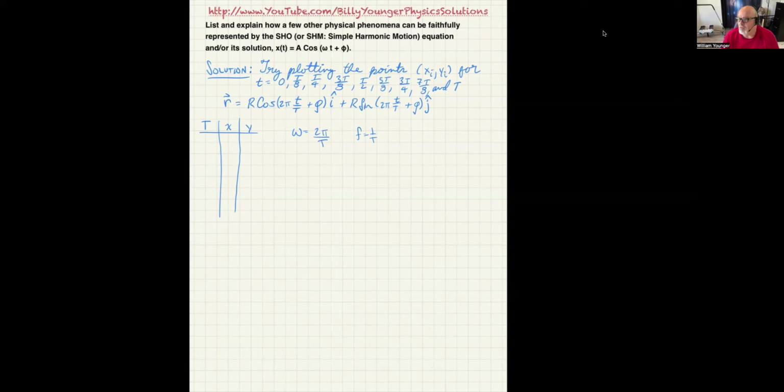Now, you don't necessarily have to revert back to the differential equation in this. This just happens to be a particular physical phenomenon in which the solution of the simple harmonic oscillator equation fits the motion in the x direction, but it also fits the motion in the y direction as a simple harmonic motion. So if that doesn't convince you by just filling out this table and seeing that it makes exactly the kind of circle that you expect, then you can also see a specific link on YouTube that's pretty nice, and that's basically just